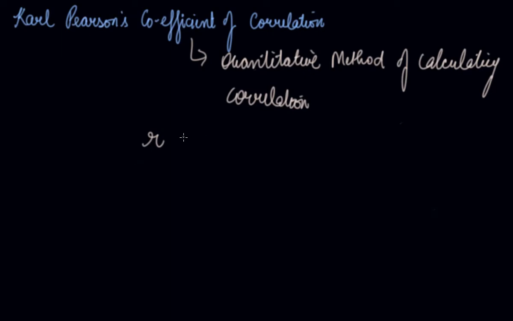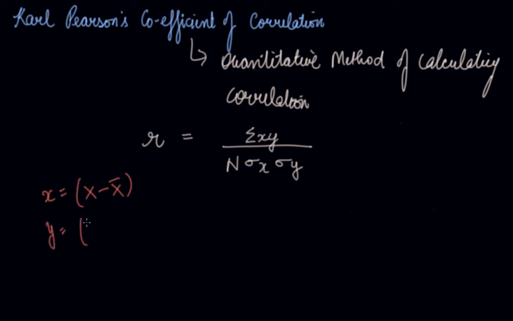So he has given the formula that r is equal to summation of xy divided by the number of observations, standard deviation of x and standard deviation of y, where small x is the deviation of x you have taken from the mean, and y is the deviation of y you have taken from the mean. So this is your x and y. If we solve this